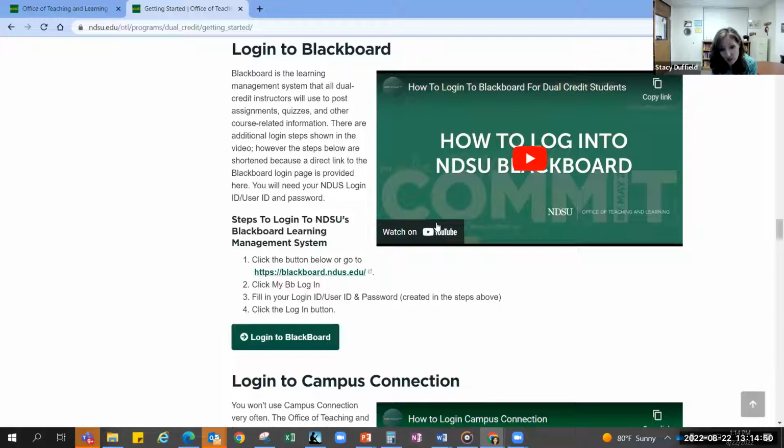So when you log into Blackboard, you should see a tab for your textbook. That will be automatically billed. And I went out and looked, I think it's $37, and don't quote me on that. It's either 37 or 43. I was looking at a couple different classes. It'll automatically bill to your student account.